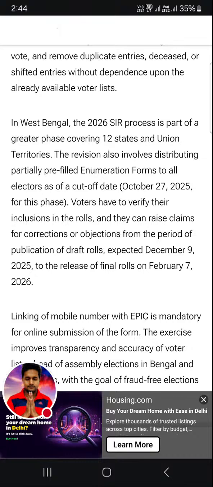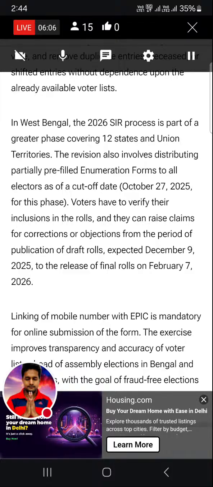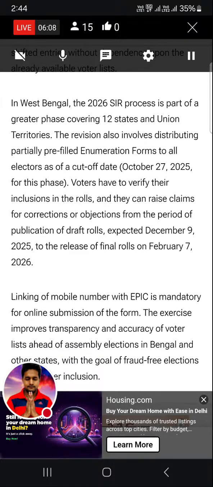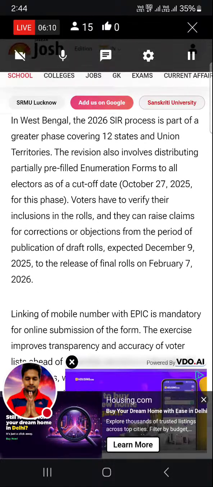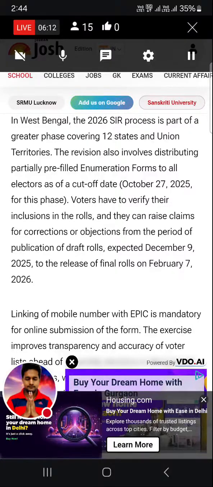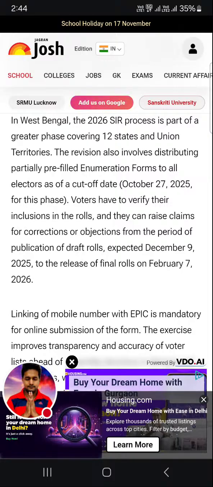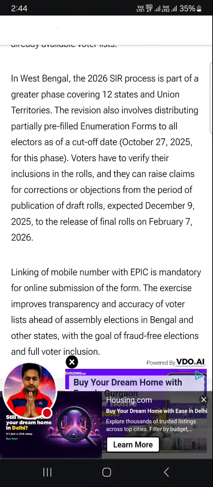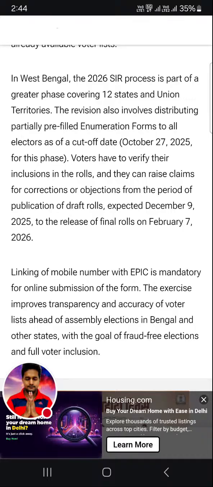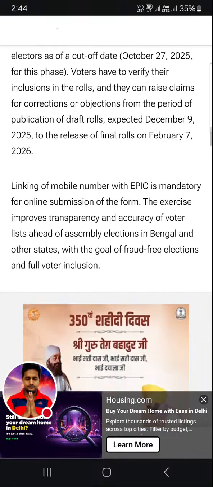Voters have to verify their inclusions in the rolls and they can raise claims for corrections or objections from the period of publication of draft rolls, expected December 9, 2025, to the release of final rolls on February 7, 2026.